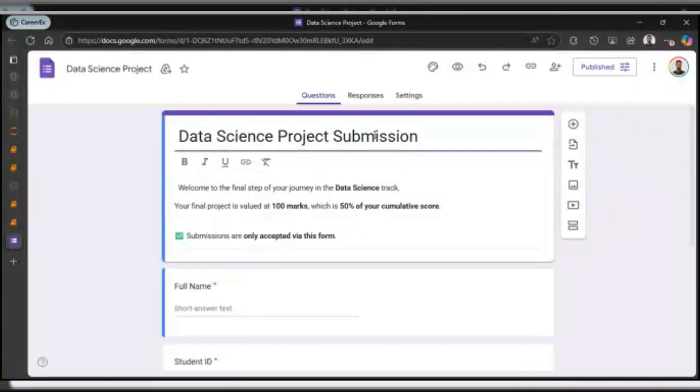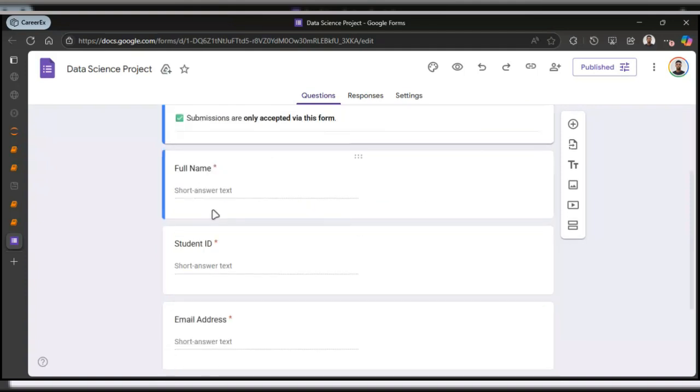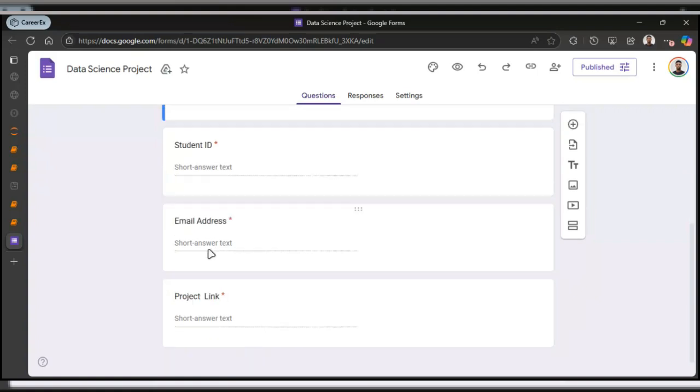I'll post it on the platform and title it project, capstone project or whatever, but you will see it there. Once you click on the link, it will take you to this form, and then you fill in the necessary information. You put your name, student ID, your email address, and then your project link.